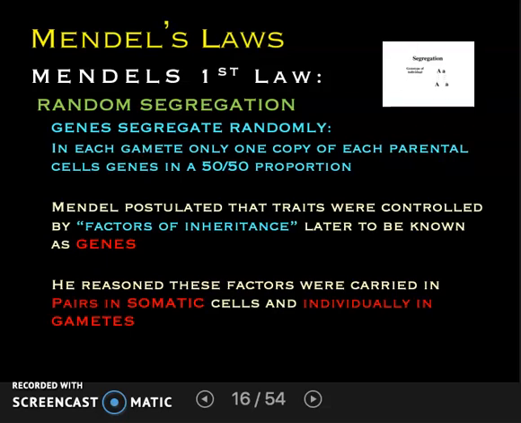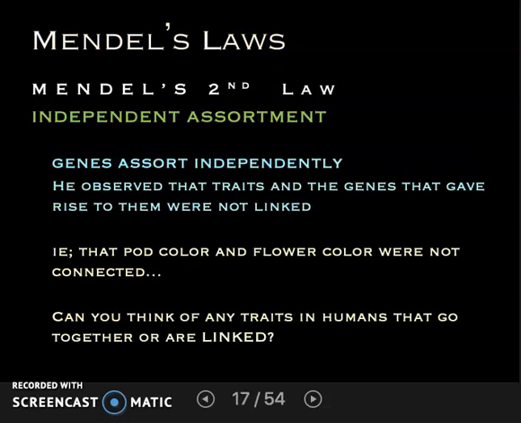Okay, so random segregation refers specifically to the fact that during gamete formation, genes are split. So you have two copies. When you make sperm or eggs, each of those eggs or sperm only gets one copy of the gene. That's what random segregation is. And it's random because it's in a 50-50 proportion. Half your sperm would have the eye color gene your mom gave, and the other half would have the one your dad gave. Mendel's second law